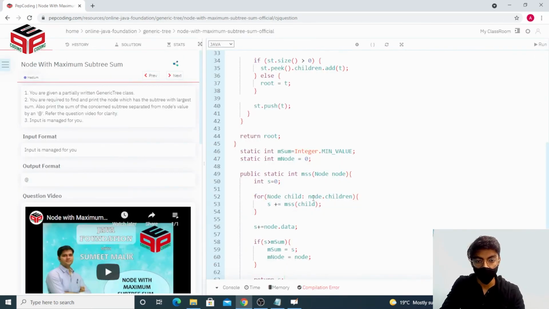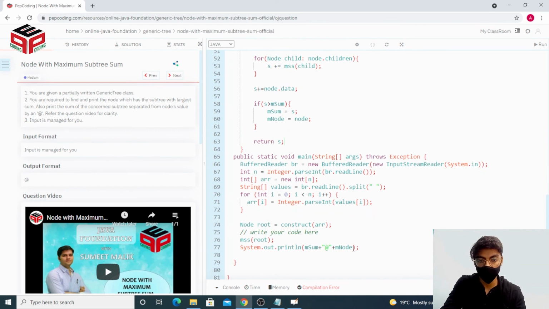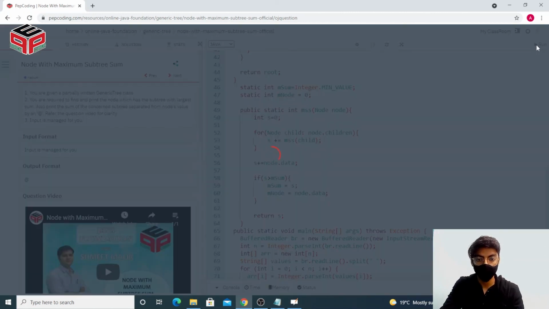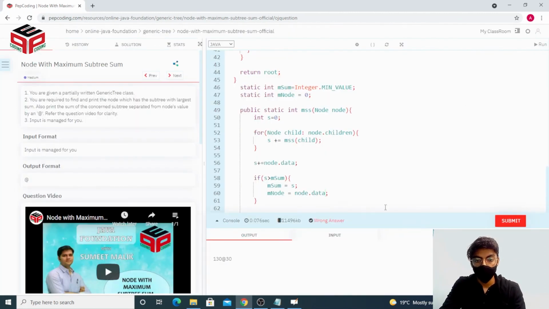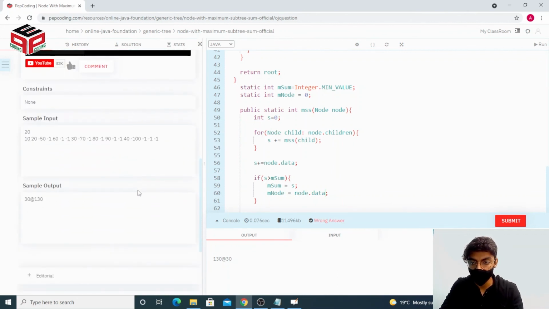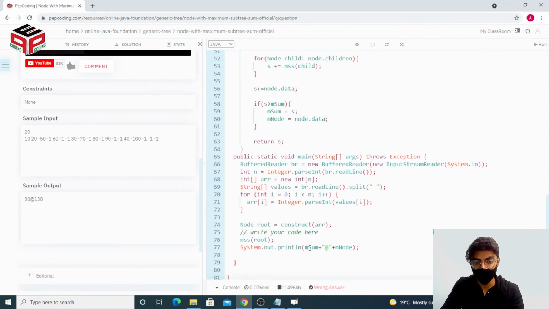Node cannot be converted to integer, of course, because we are actually supposed to store our data, not the node itself. The answer seems to be wrong. Correct answer is 130. And okay, so we're supposed to print the node first and then the sum.